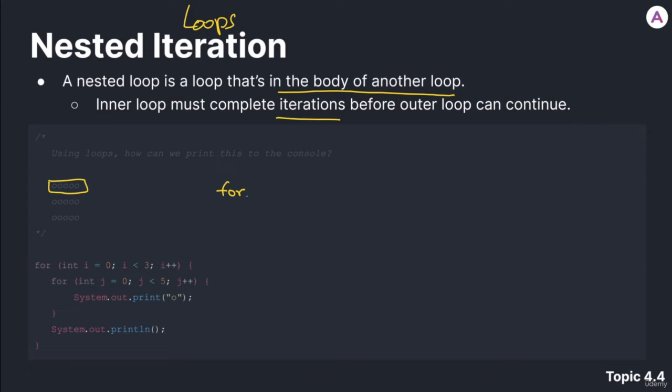I encourage you to pause the video and try to think of it yourself before you watch me write the loop. But once you've done that, you would write int i equals 0. For the test condition, since we need 5 O's printed to the screen, i would be less than 5. And for the change, we can simply increment i. So this loop would run exactly 5 times, which is perfect because we need to print 5 O's to the screen. So each time the loop is executed,